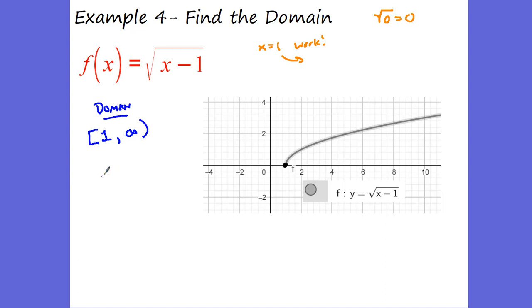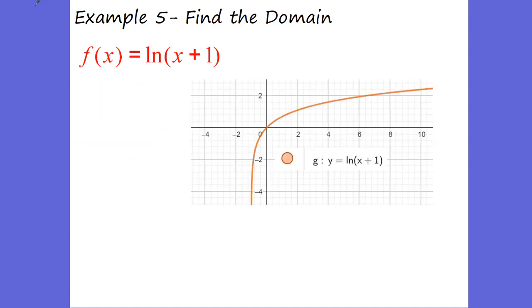Now, most people in past math courses would write something like this: x can be greater than or equal to 1. Okay? We will write it in this form, which is we can be 1 and go all the way to infinity, and that is the domain. The limitation was a radical. Now take a look at this one. Do we have a denominator? No. Do we have a radical? No,